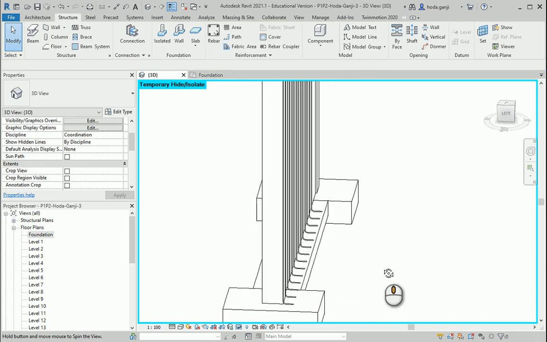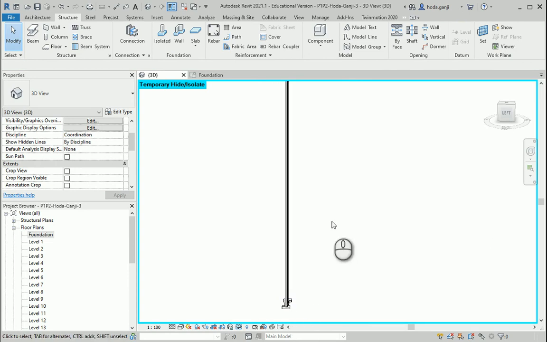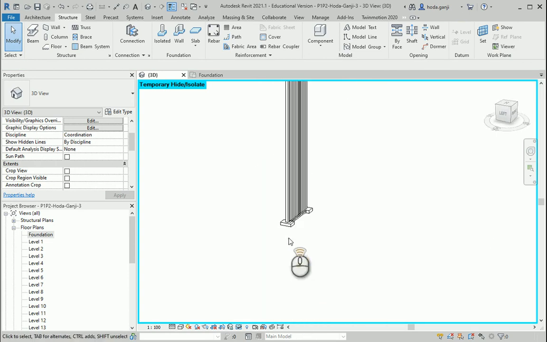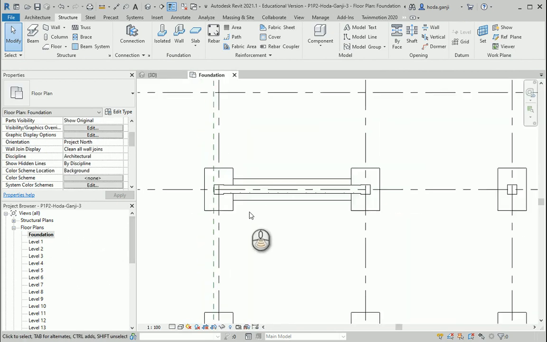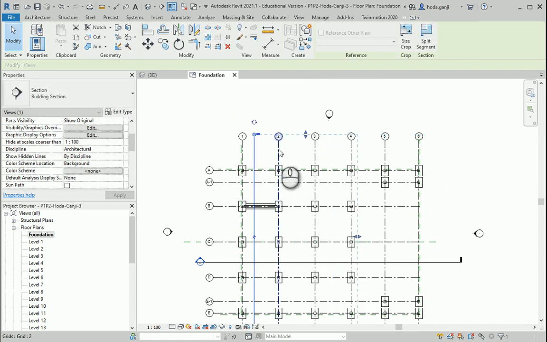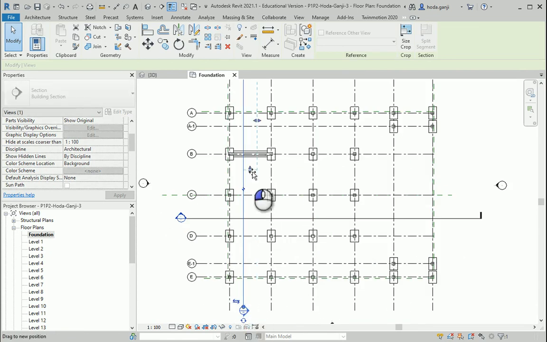Right now, it's a good idea for me to draw a couple of sections to show you how it's going to work in the section. So let's go to one of the levels. We have a section here. I'm gonna move it here for now, and we're gonna only maybe focus on this part.